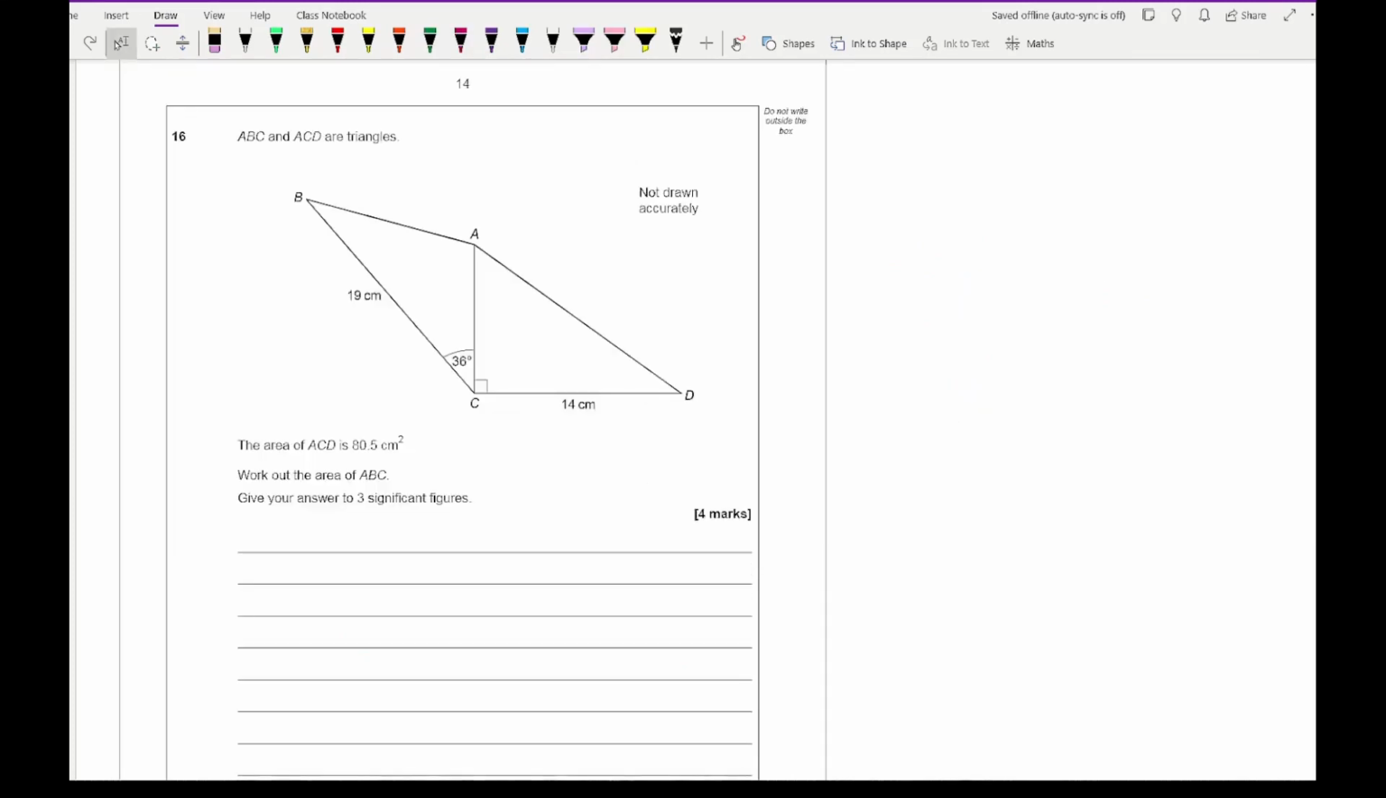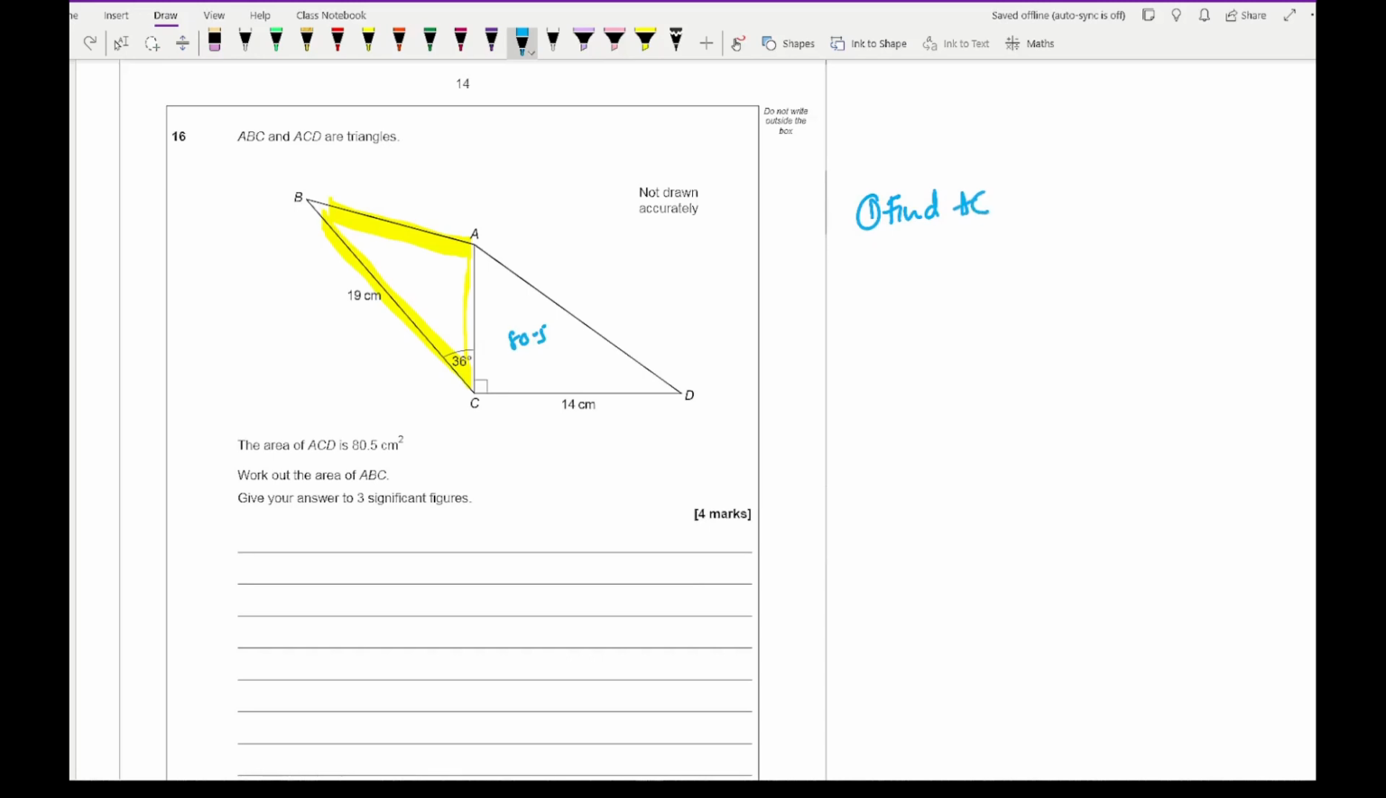So for question 16, it says that ABC and ACD are triangles, and the area of ACD is 80.5. Work out the area of ABC. So what we need to do is work out the area of this triangle here, and this triangle here is 80.5. So the first thing we need to do is find